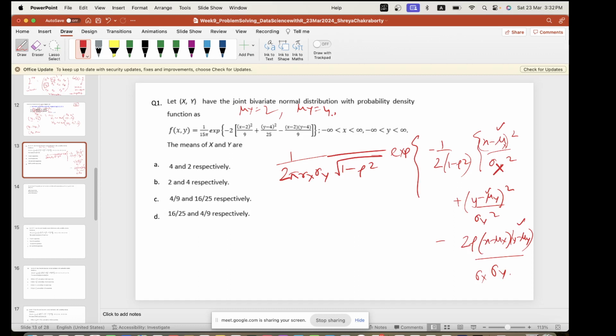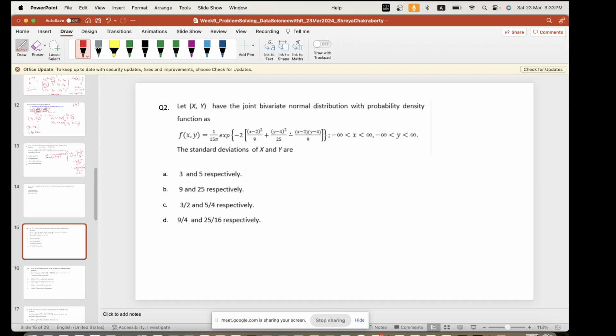Okay, this part is, I hope, clear. Now if we are asked to find out sigma x and sigma y, how are we going to find it out? Same question, we have been asked what are the standard deviations of x and y. So let me just write this down again once more. So we have 1 by 2 pi sigma x sigma y root over